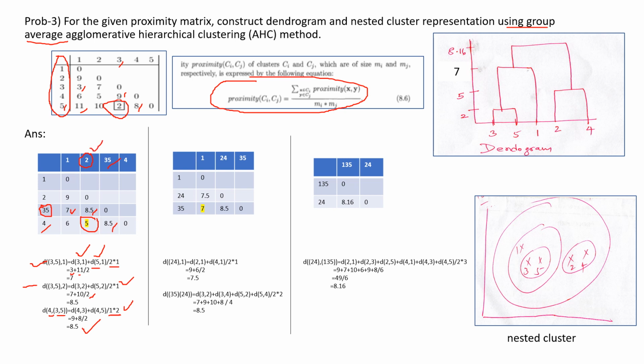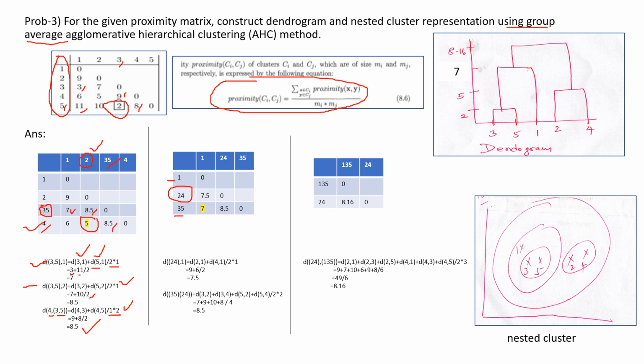So now which points will be merged? This point 2 with 4 will be merged. That's what is done here. 2, 4 is merged. 3, 5 was already merged. The remaining point is 1. So now your job is you calculate distance from 2, 4 to 1, then 3, 5 to 2, 4 because the others remain the same.